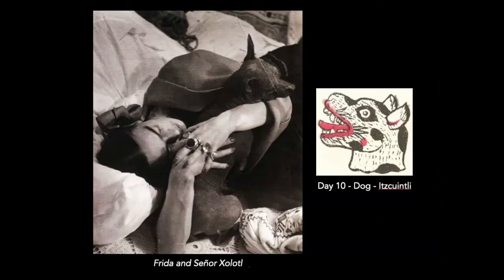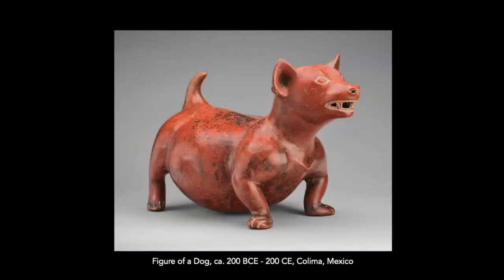special connections to the underworld, which is represented in the archaeological record by the presence of sculptures, small ceramic vessels like this one here from Colima and the neighboring states of Nayarit and Jalisco. As many as 75% of the burials from the early periods of Mesoamerica, the pre-classic periods, contain canine vessels just like this one, which served surely as symbolic guides for the soul of the dead in the afterlife. But also, as you can kind of see by their chunkiness, they were also thought of as sustenance or as